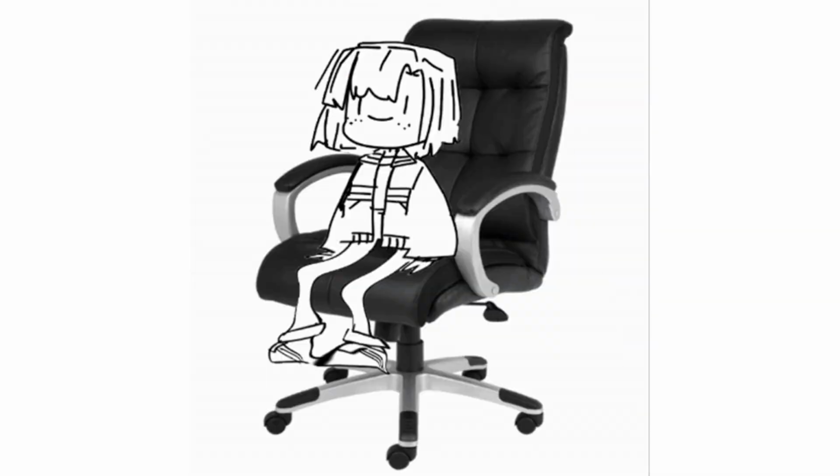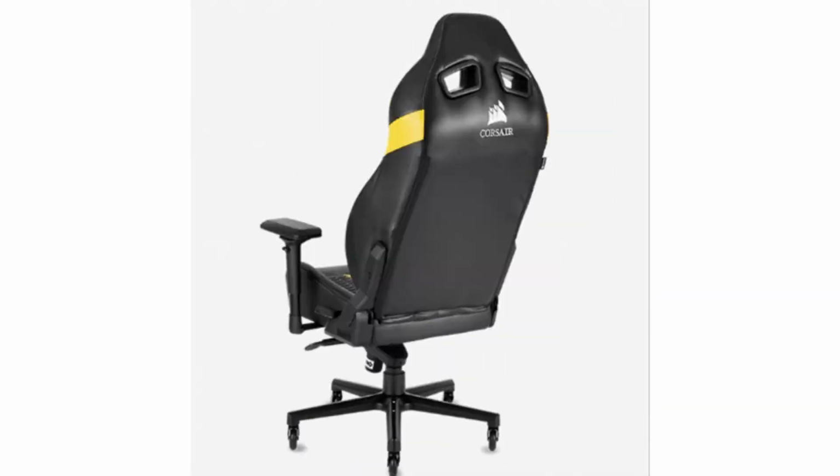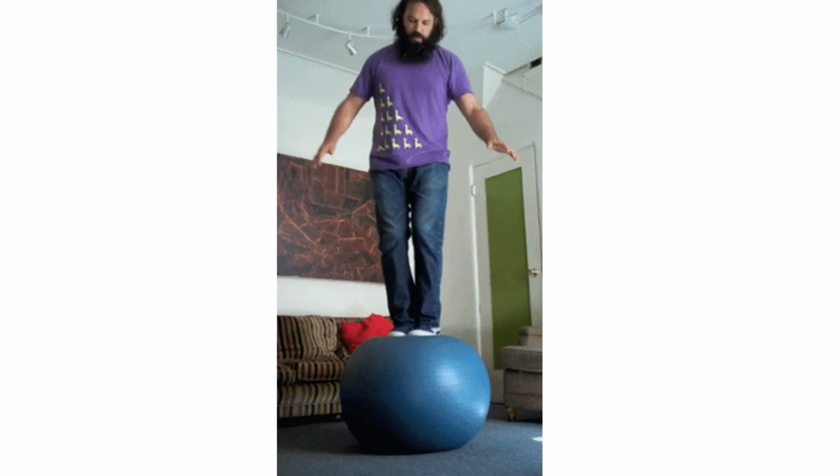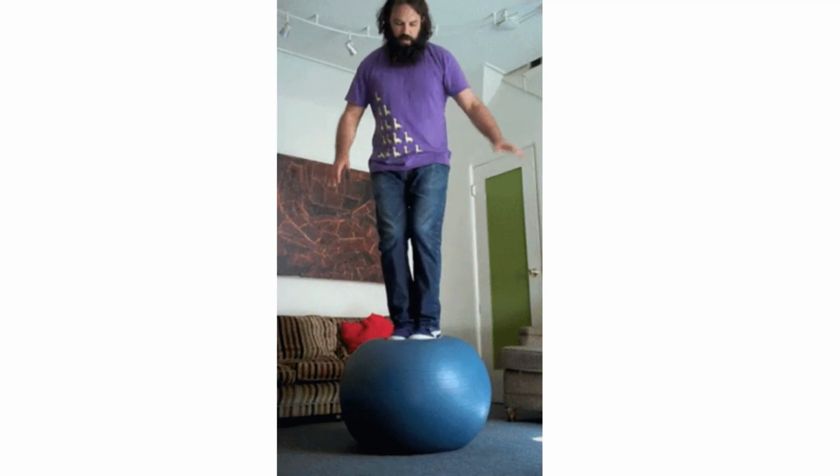Next, we examine nystagmus, which is the involuntary rapid movement of the eyes. We test this using the Barany test. By rotating a subject in a chair and then stopping them abruptly, we can observe their eyes oscillating. This happens because the fluid in the inner ear, the endolymph, continues to flow even after the body has stopped moving. This test confirms that our visual system and vestibular system are intimately linked to help us maintain a steady